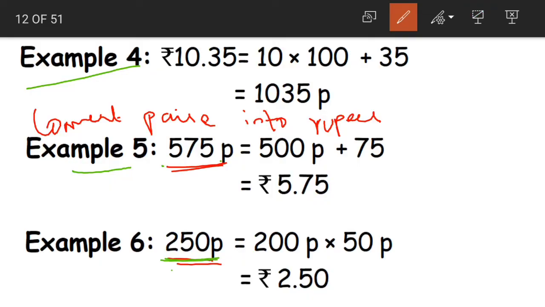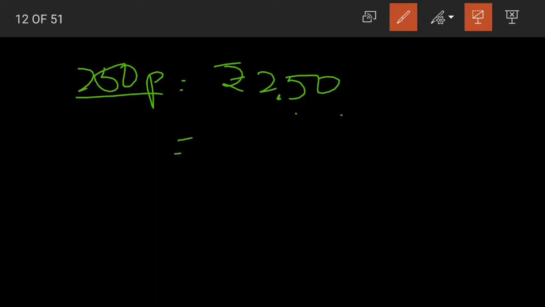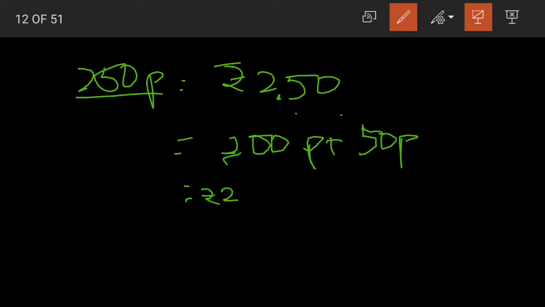Now coming to the other one, 250 paise. Yes, again if you apply the shortcut here, after two digits from the right, if you place a point, it will become 2 rupees 50 paise. So 250 paise is nothing but how much children? 2 rupees 50 paise. And if you are looking for the elaborate answer, it would be 200 paise plus 50 paise. Separate it, 200 paise and 50 paise. 200 paise is nothing but 2 rupees plus 50 paise.